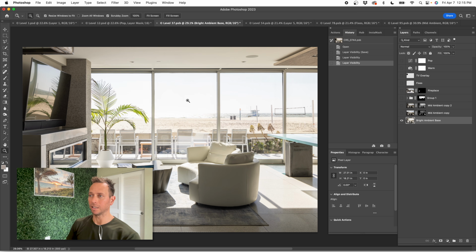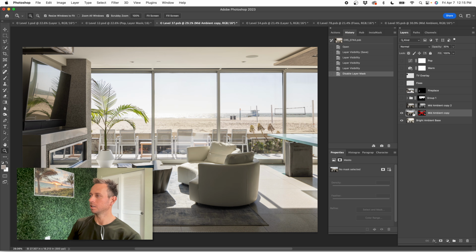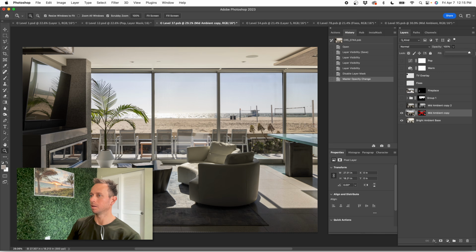This was shot a little bit earlier in the day than I would have liked. It would have been great if this was a little closer to sunset, but we still had these long shadows coming through. The problem was it just made a really hot spot out here on the ocean and view. So what we did next was we brought in this layer. It's at 30%, so let me bump that up. Basically a darker layer. Drop that down to 30%